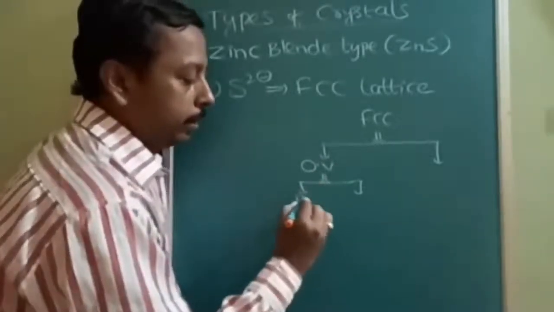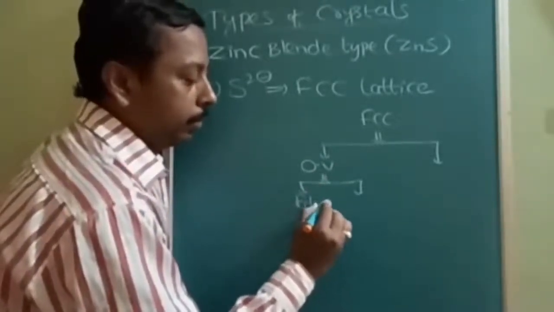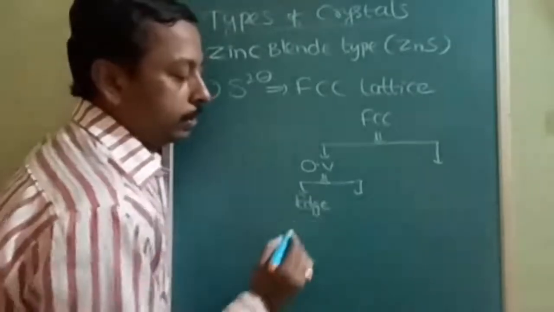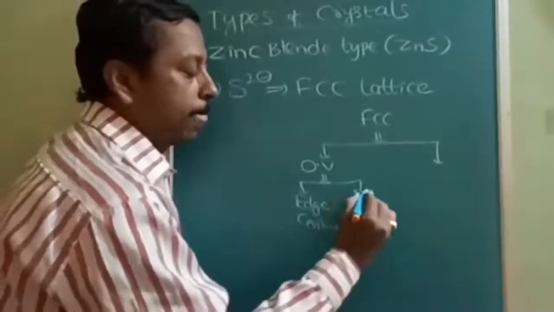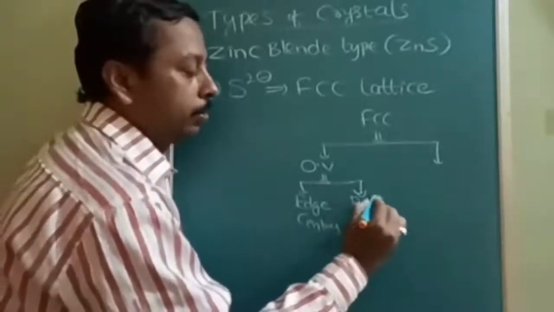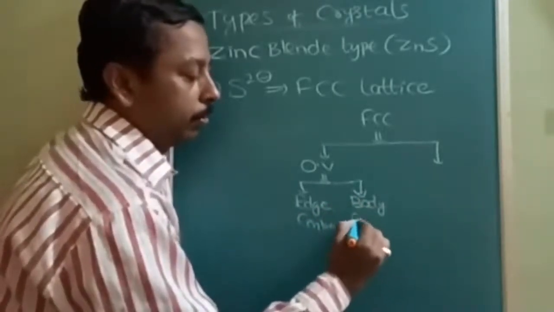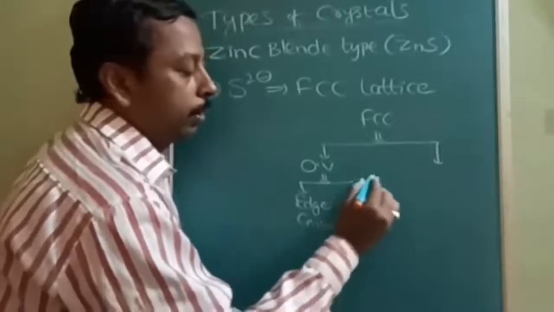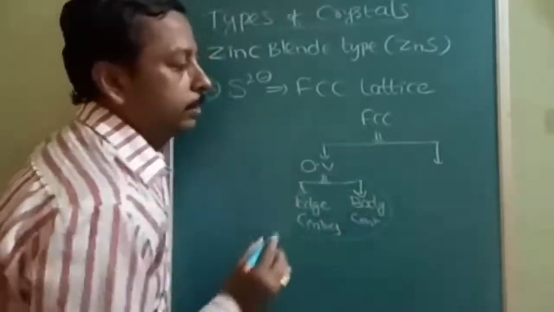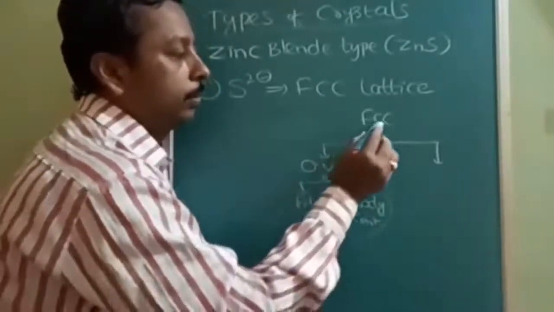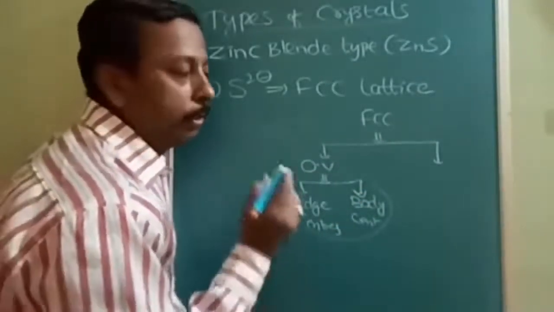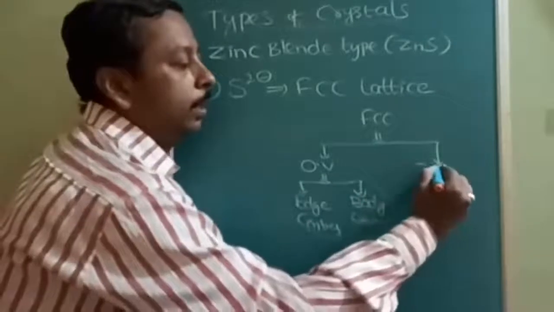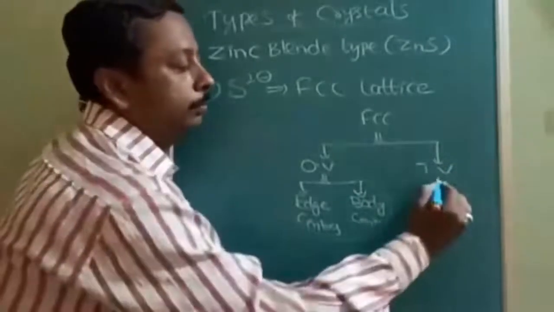All edge centers. Edge centers are octahedral voids, and the body center also is an octahedral void only. All body centers and edge centers of FCC are considered octahedral voids, whereas tetrahedral voids are